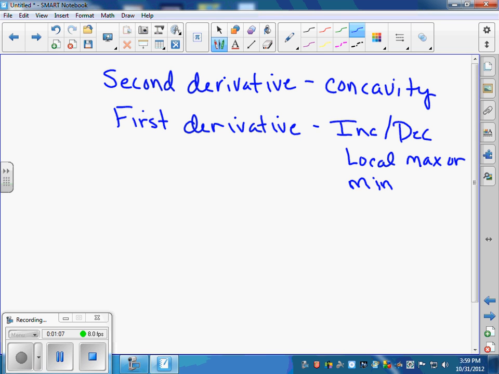All right. Along with the second derivative, not only does it tell you concavity, but it also will tell you something called a point, or if you have, a point of inflection. Okay. So we've got first derivative, we worked on yesterday, does increasing, decreasing, local maxes or local mins. Second derivative is about concavity, and if you have any points of inflection. Okay. Let's talk about how do you know concavity and whether you're concave up, concave down, and what is a